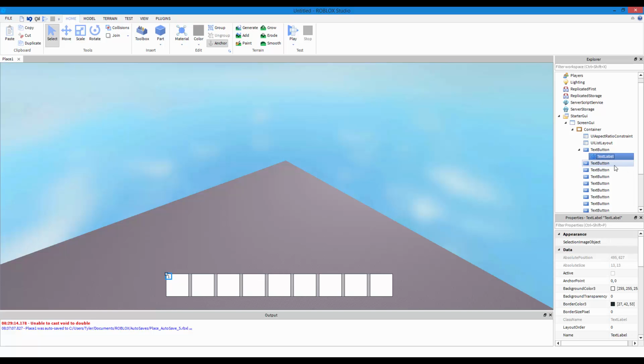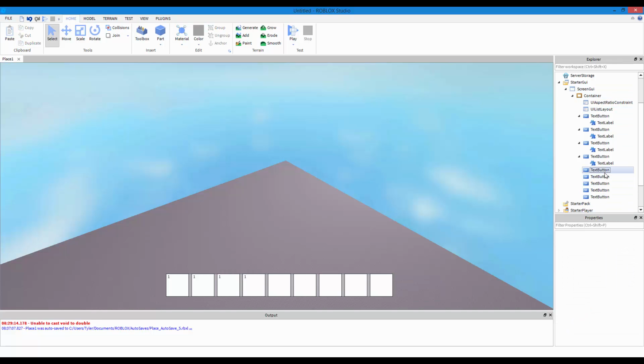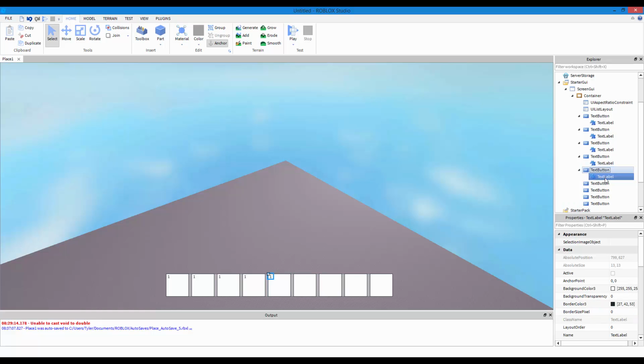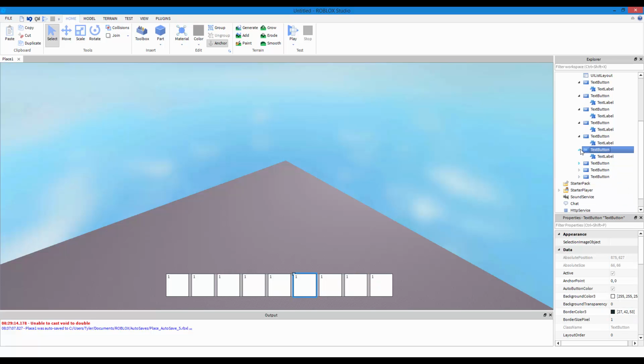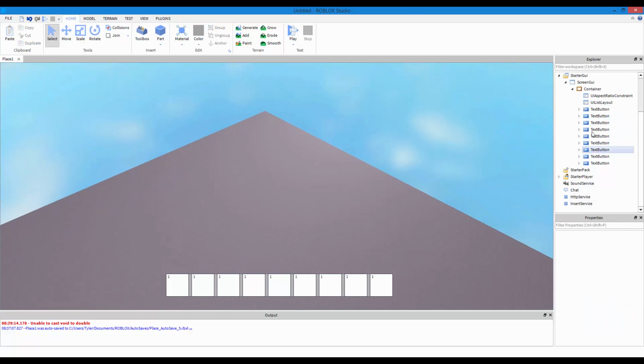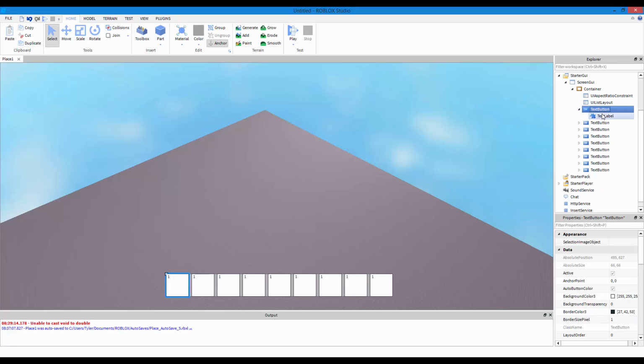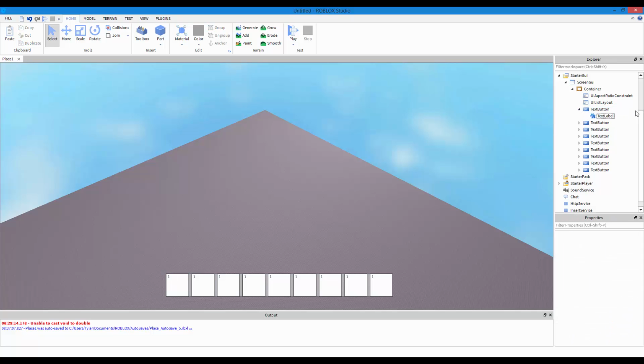And then just Control C, and then we do Control Shift V, so we can get it inside that object. Because if you do Control V, as you can see, it's going to paste it inside the container. We don't want that, so we do Control Shift V, so that we make sure we get it inside the object. I know a bunch of shortcuts, and I hate how in other tutorials they don't let you know what the shortcut is for stuff. But I like to say what the shortcut is.